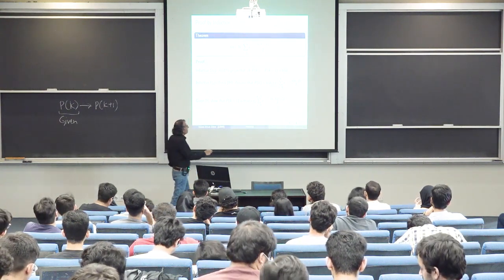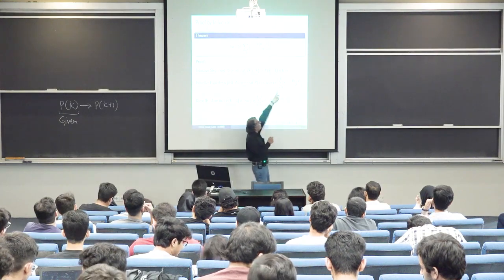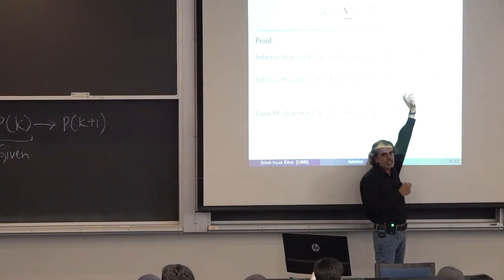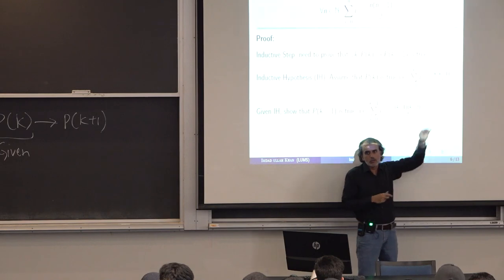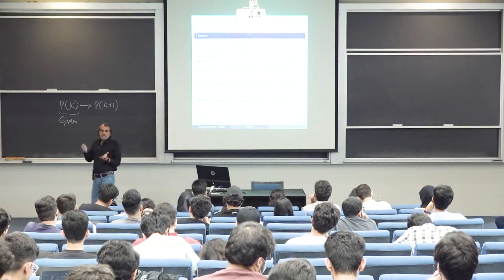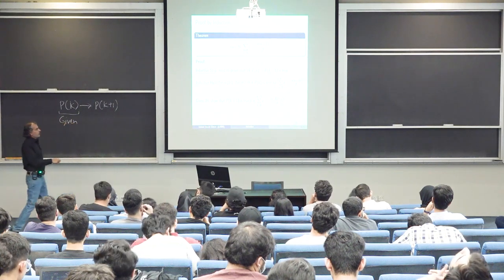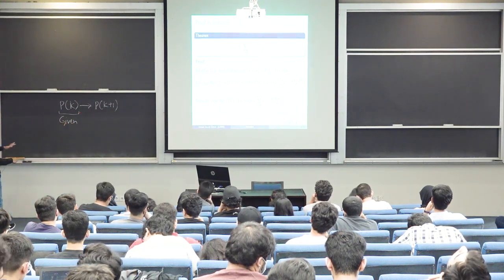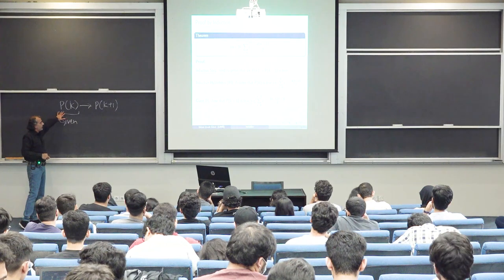So if Pk is true, then this statement is true, that if the loop is running from i equals 0 to k, then the sum is equal to k into k plus 1 over 2. We're just plugging in the value of k in place of n, and that will be the version we'll be referring to as inductive hypothesis, right? And in terms of implication, this is what Pk is. This is given,